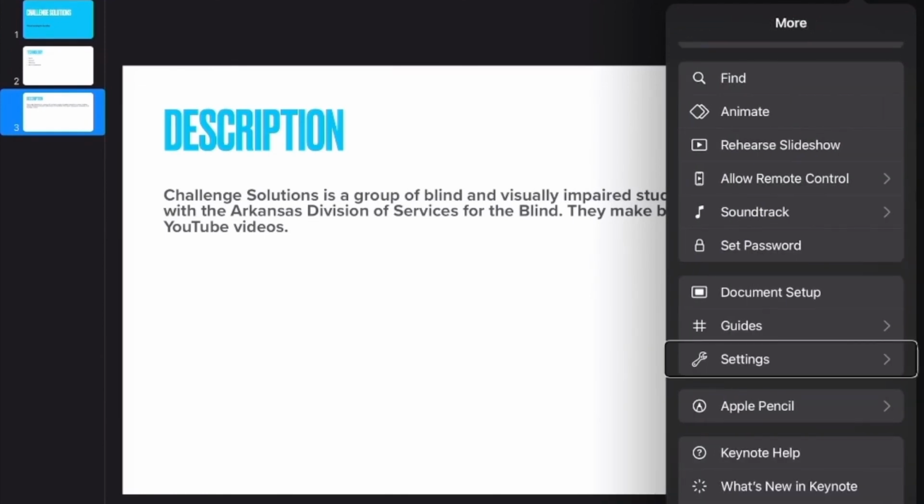So below settings we have Apple Pencil. Button. Apple Pencil. Not going to be super useful if you are blind or visually impaired. Keynote help. What's new in Keynote? Send feedback. Send feedback. And yes, that is everything in the menu, and honestly, everything you need to make a